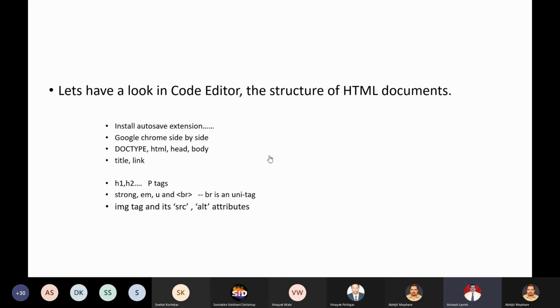Okay, so in this Code Prime channel, there are two videos. I advise you to go through these videos, because here I have shown you how to install this Brackets editor, and there are several extensions that you need to install. So this is very easy to follow along. You just go through that video and install the Brackets editor and extensions.